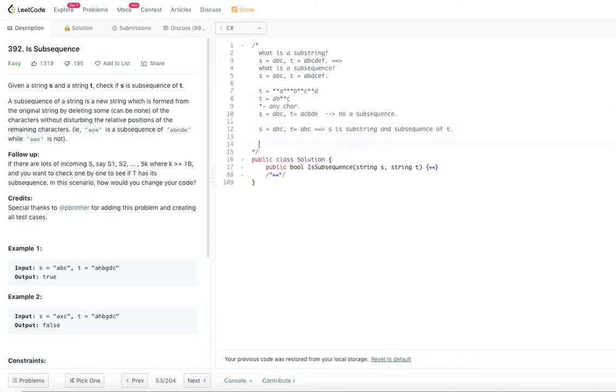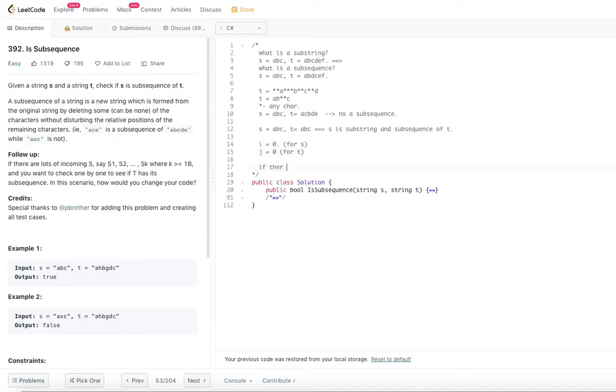Basically we will have index I equal to 0, which is keeping track of S, and index J, which is for T. If you have a match, you increment I and J. Otherwise, increment only J.